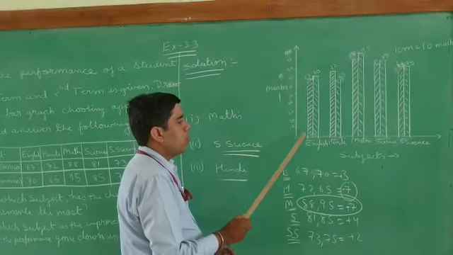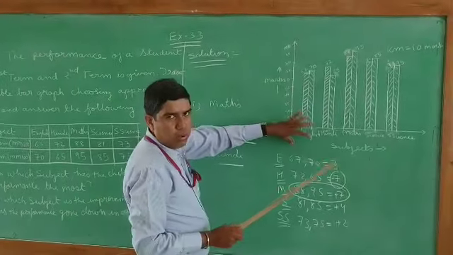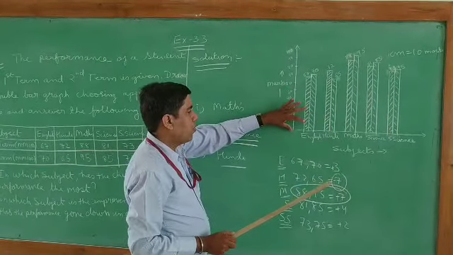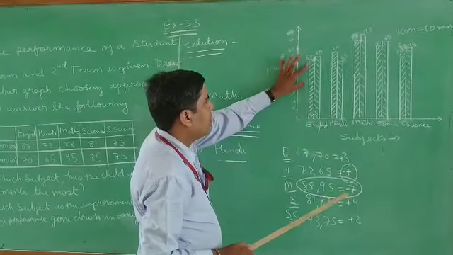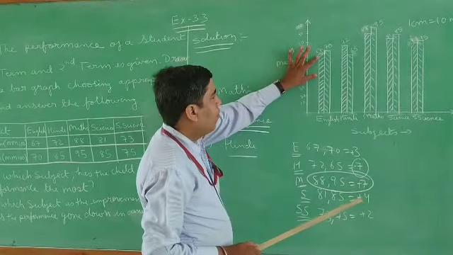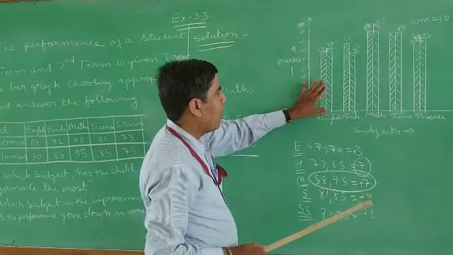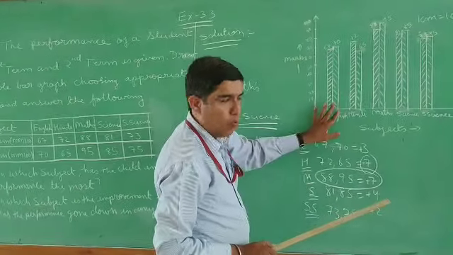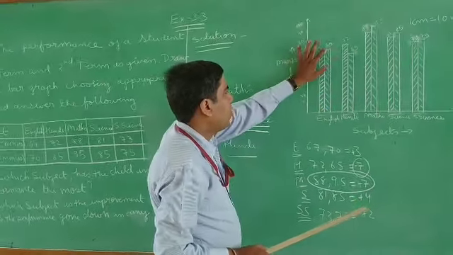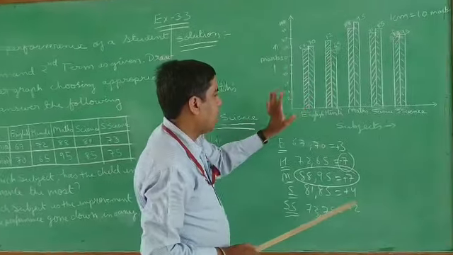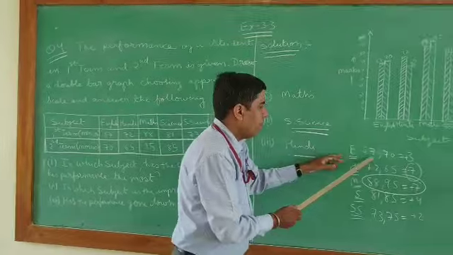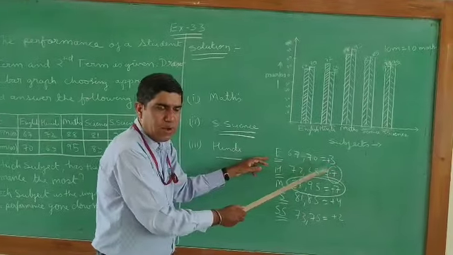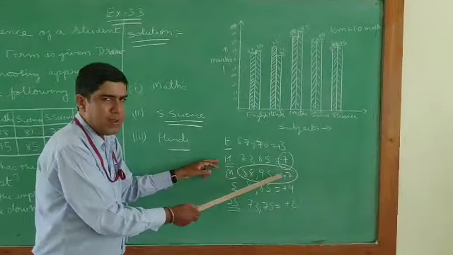Now on the basis of this, how to draw the bars, I already just now discussed with you. And here English, what are the marks in the first term? The first term I am showing with the white bar, and the second term I am showing with the blue. So you can see 67, 70, 72, 65, like this the marks are there. And the question, you can see the gap, 67, 70, what is the gap here? 70 to 65, the gap is minus here.